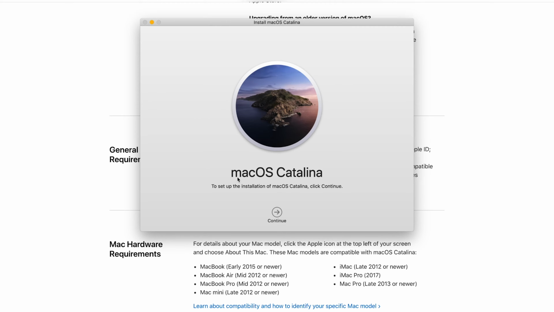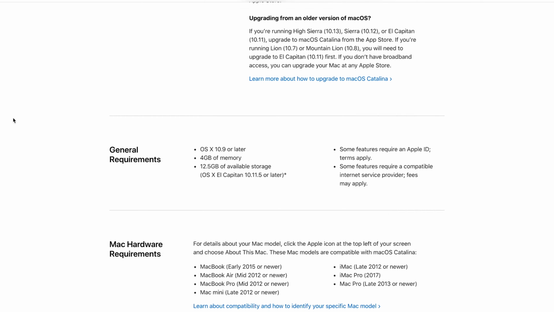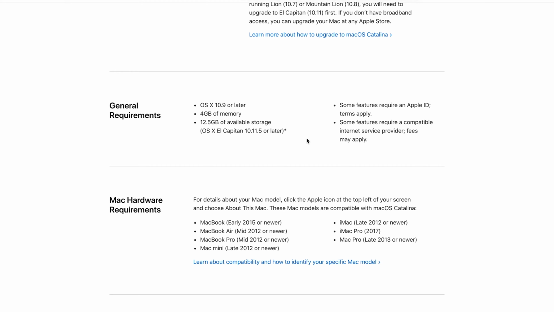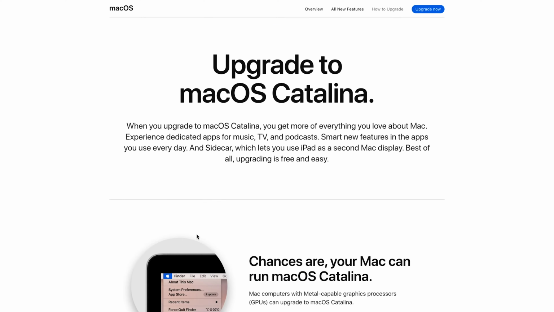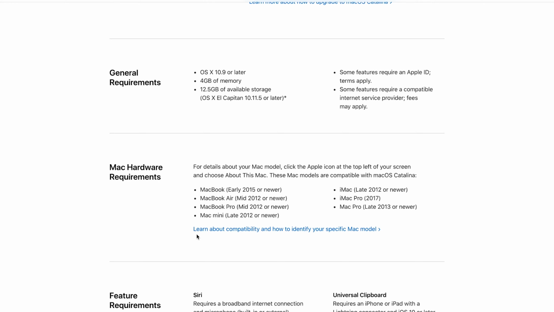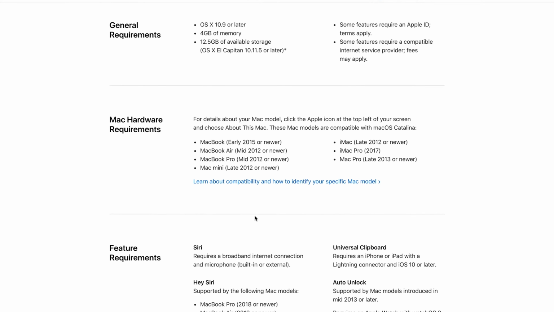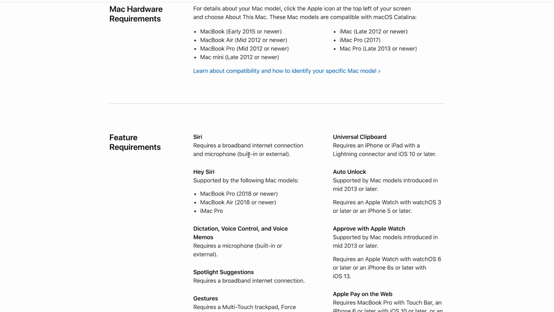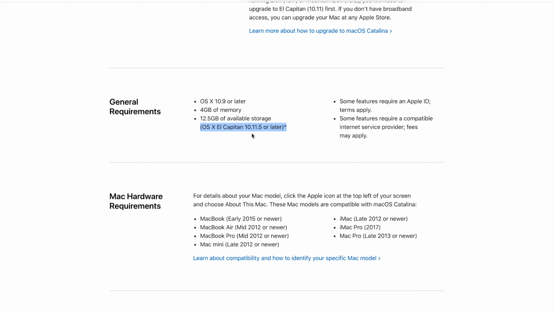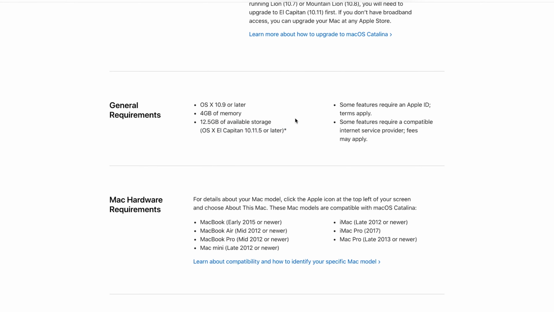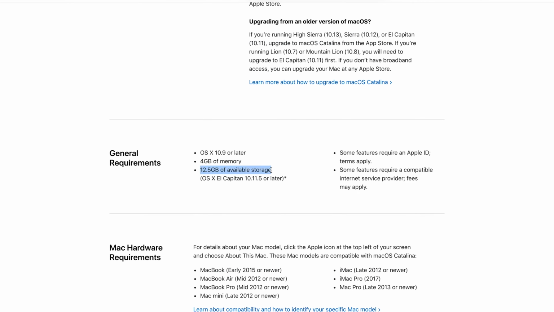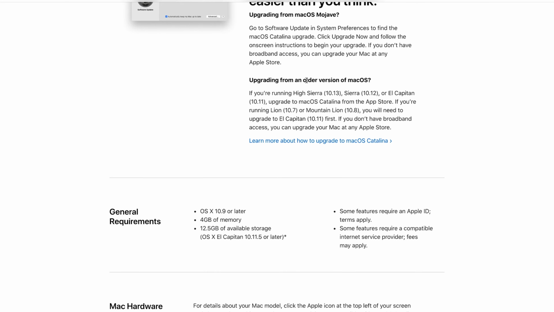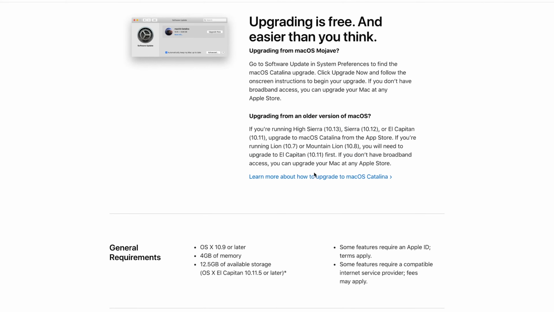So if everything went well, you should come to this page. And if you had any issues and you don't see this page yet, I'll put a link to this Apple website too, where it gives you a little bit more of a description on some of the things that could go wrong, especially if you don't have the Mac hardware requirement. So it's going to tell you some of that, and you could check your compatibility, and it's going to let you know that you need at least this operating system in order to upgrade to the one that I showed you here. And it's going to let you know how much storage and memory is required. And if you're upgrading from an older model, it's even going to walk you through that process. So this is for 10.9 or later, but if you have something older than that, you'll need to upgrade to